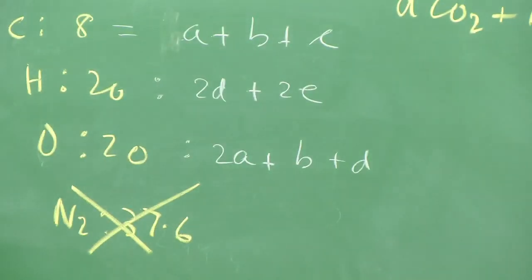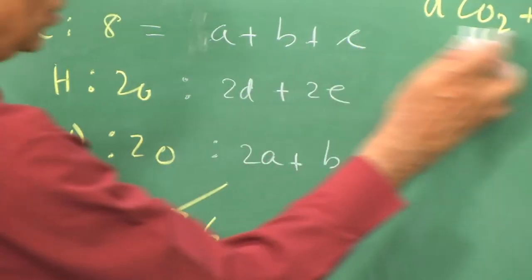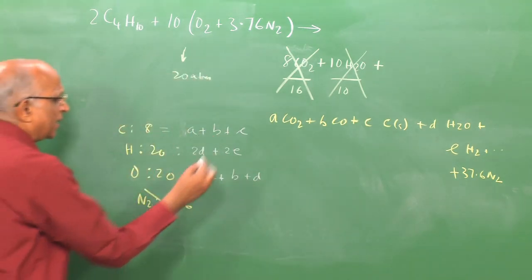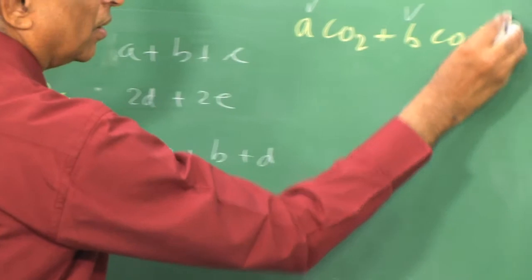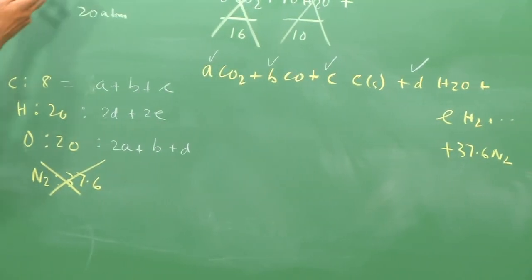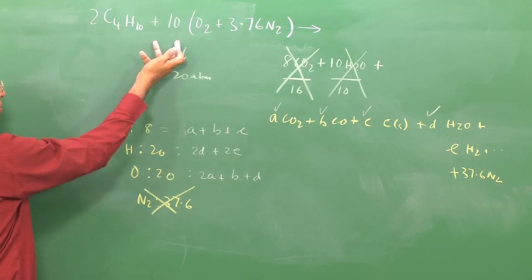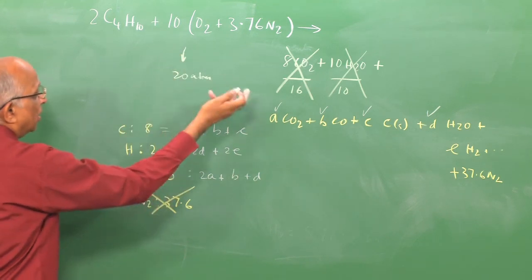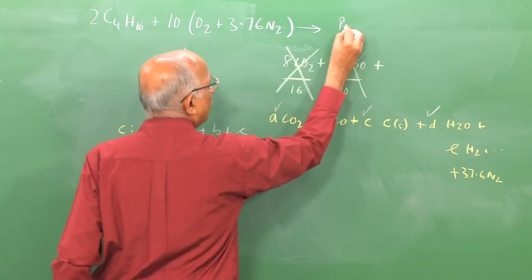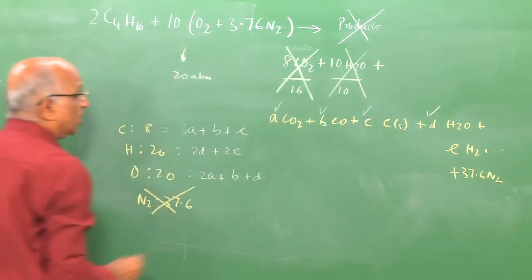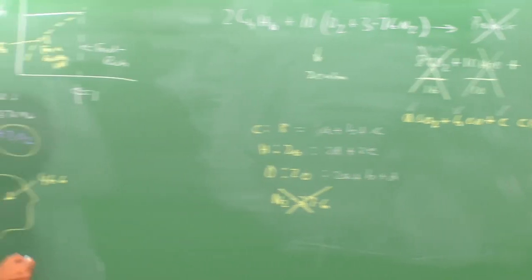Therefore, what is it? I have unknowns, which is 1, 2, 3, 4, 5 unknowns. I have only 3 equations. There is no way I can determine the moles in the product. Therefore, it becomes difficult for reactions in which the equivalence ratio is greater than 1, or fuel rich reactions, to determine the moles of the product. I have no way of simply balancing it and determining the products, and therefore, I need some more information.